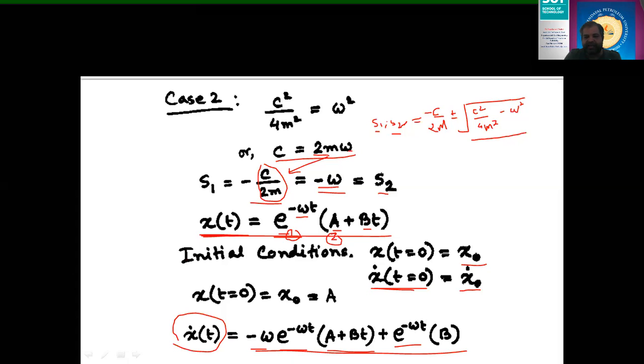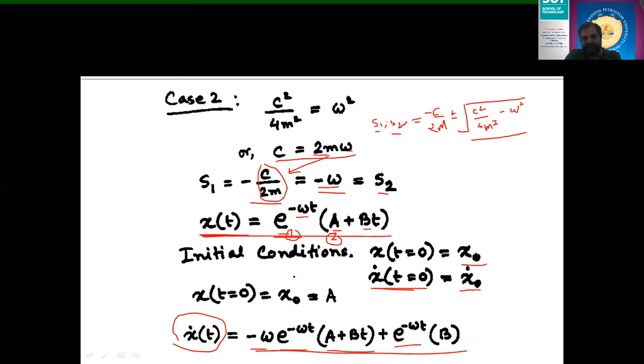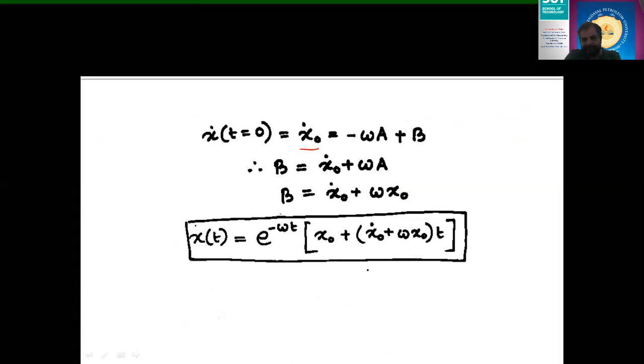Now in the same way, you need to put t equal to 0 into the equation. So x dot at t equal to 0, which I'll call x0 dot, put these values here. So minus omega e raised to 0, which is 1, so minus omega will be out. A plus b into 0 is 0, so minus omega a will come. So I put here minus omega a.